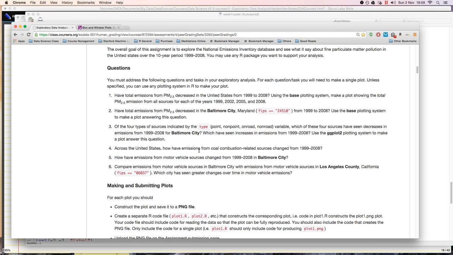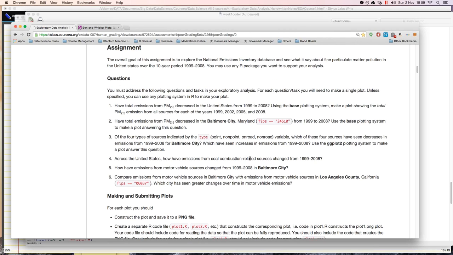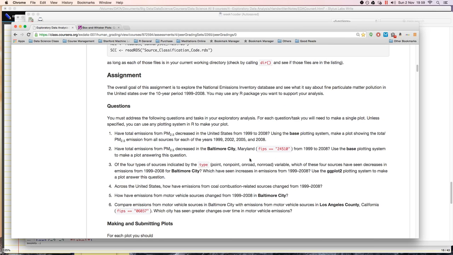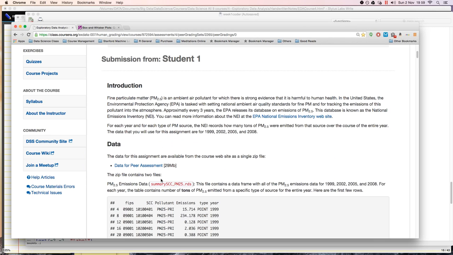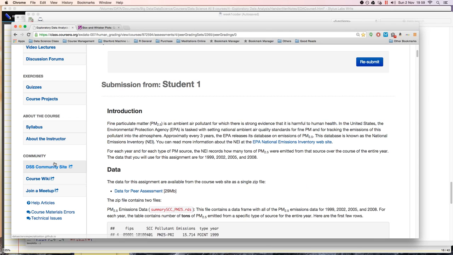And similarly, then I have across the US, how have emissions for coal combustion related sources changed? Now this answer is not very directly available. In fact, let me quickly go through the